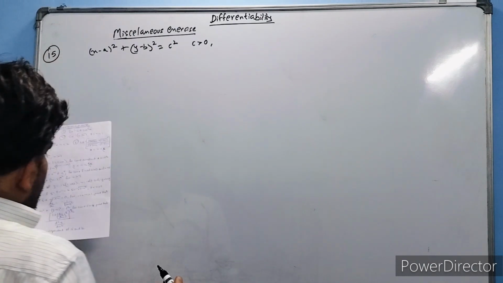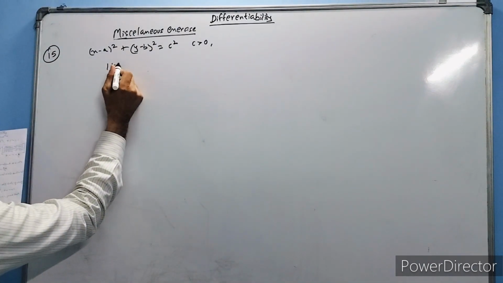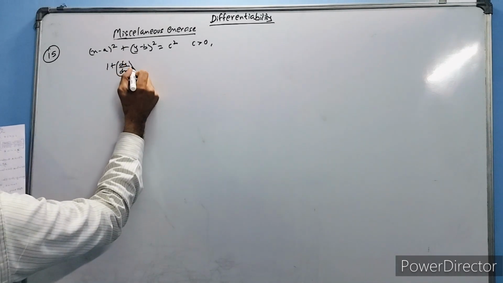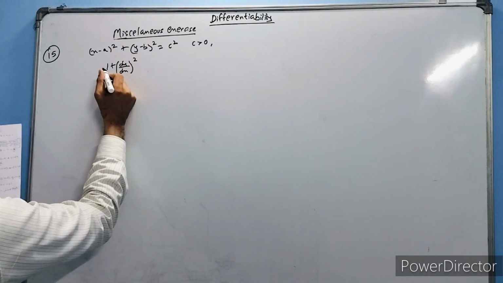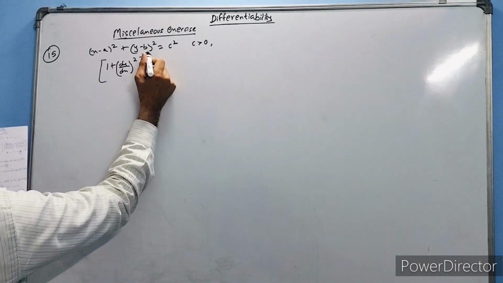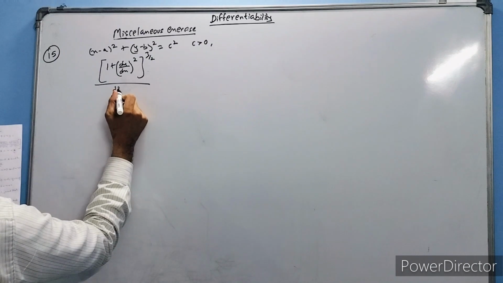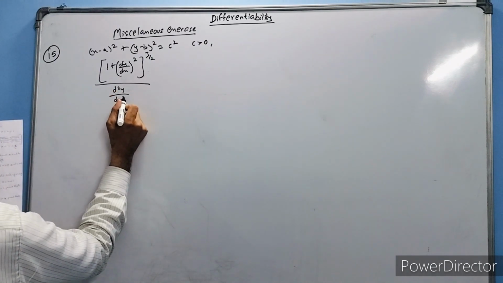What we need to prove is that [1 + (dy/dx)²]^(3/2) divided by d²y/dx²